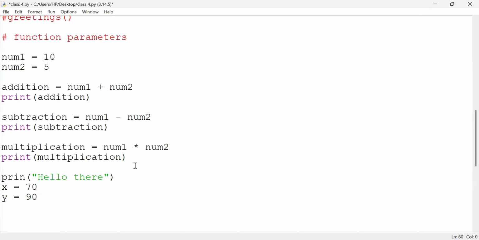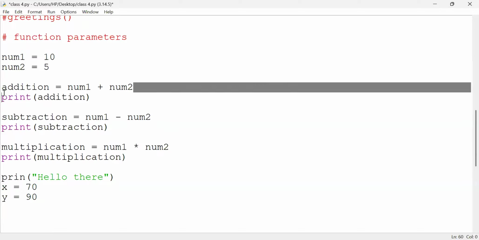And then along the line we have to carry out addition again, right? But it's around with a different set of values. Let's say with x and y. So what happens? We have to copy this source code again. This whole mathematics of num one plus num two again, right? And then edit it. Oh my god. And then do what? Editing with x and y. So basically you have to copy that and replace num1 and num2 with x and y,